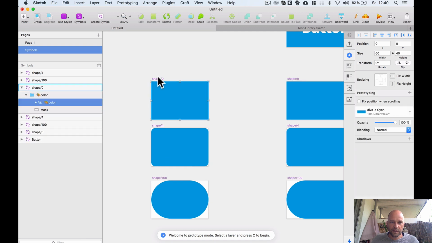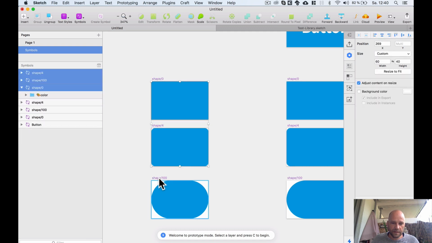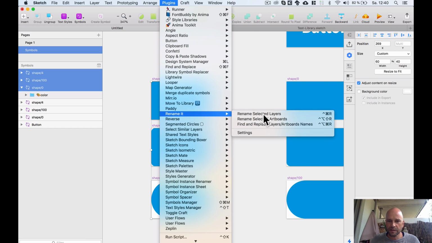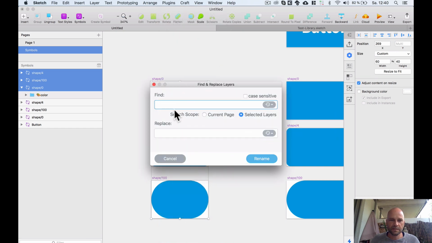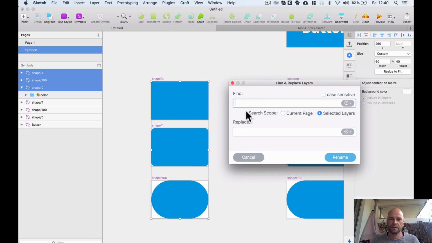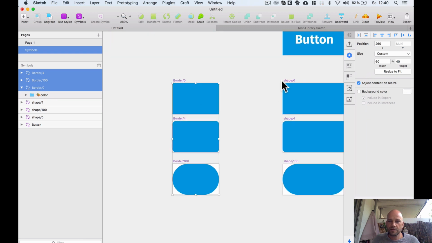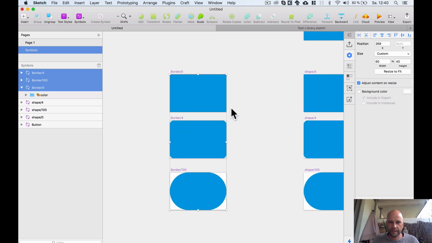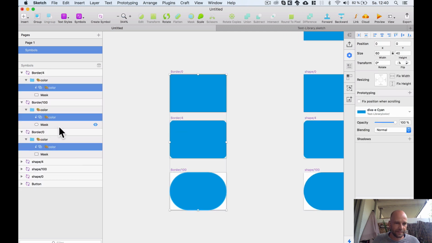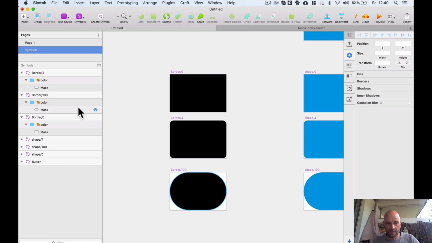And what I do now is change the wording here. Therefore, I took the Rename It plugin, go to Rename It and find and replace, and I will find shape and rename it with border. Then rename, and I see, okay, shape is replaced now with border. Okay, and here I delete the masks, color mask, yeah,